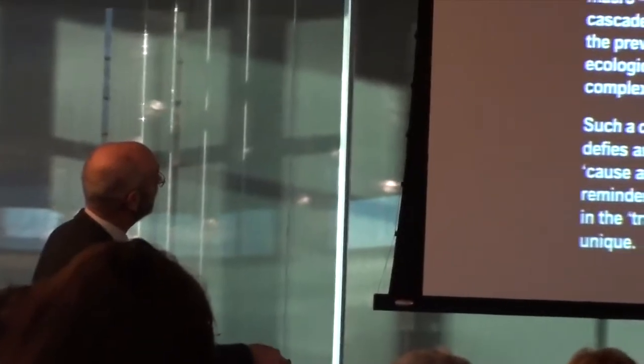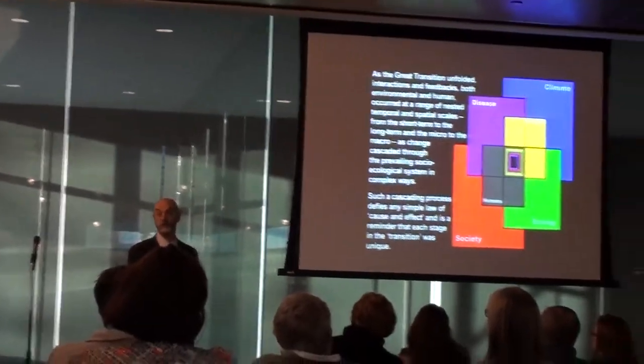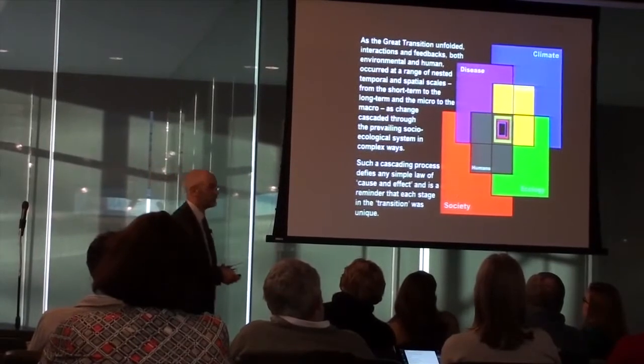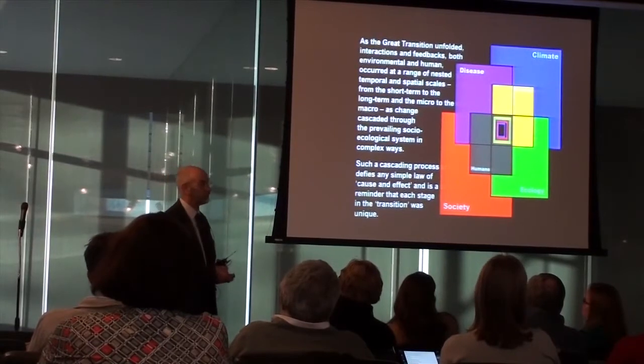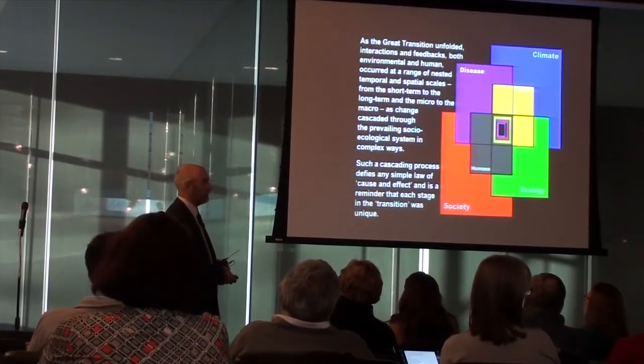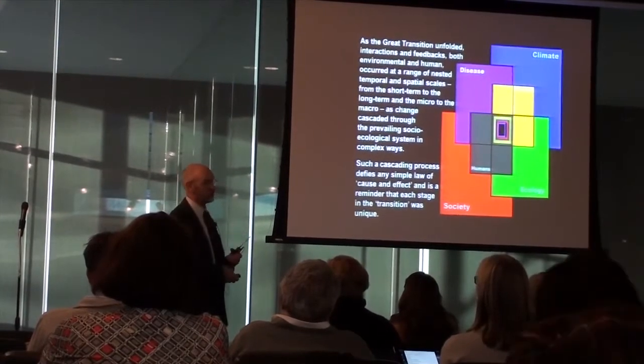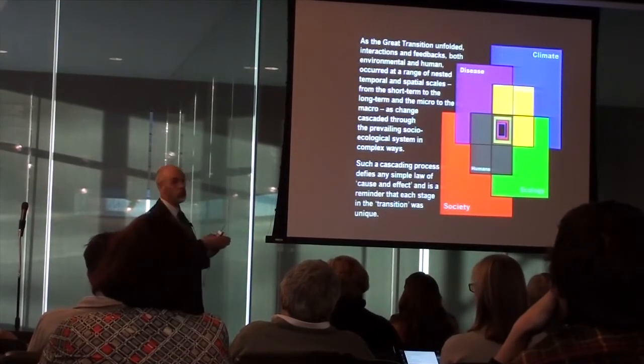What makes the difference in Western Europe is the Black Death, and the key trigger there is a pathogen introduced from Central Asia to Western Europe, and triggered by the conjunction of, particularly in Central Asia, climate, ecology, and disease, which are critically important. So the reciprocal feedback. Absolutely. At all stages there are these interactions, and they occur, as I've got here, in the long term and the short term,